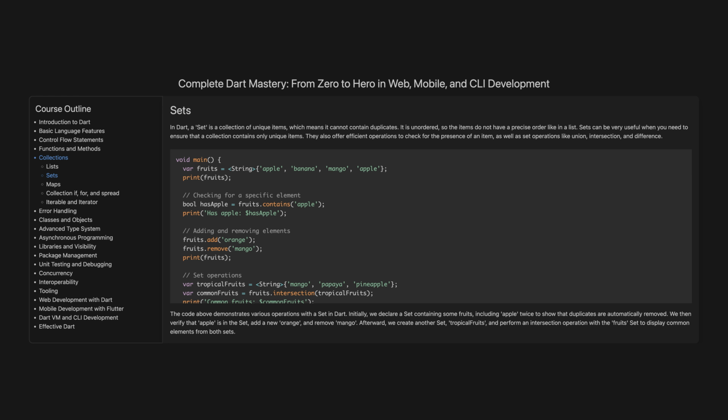Sets. In Dart, a set is a collection of unique items, which means it cannot contain duplicates. It is unordered, so the items do not have a precise order like in a list. Sets can be very useful when you need to ensure that a collection contains only unique items. They also offer efficient operations to check for the presence of an item, as well as set operations like union,